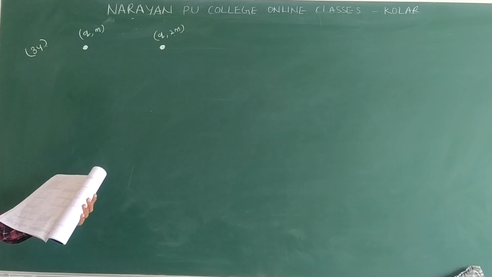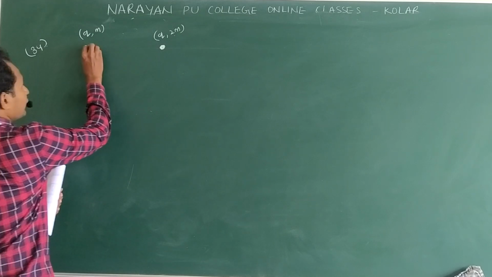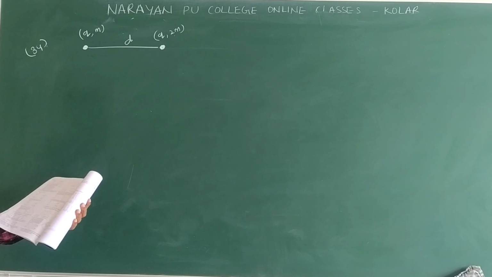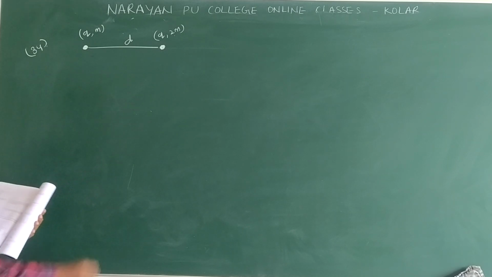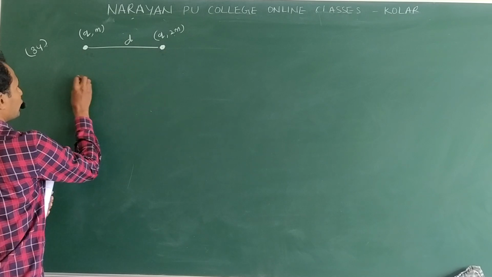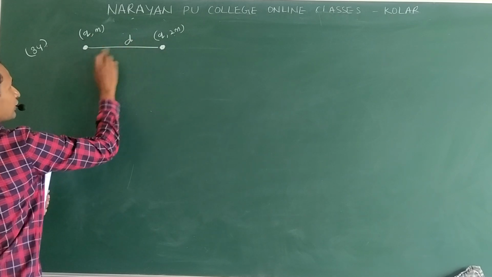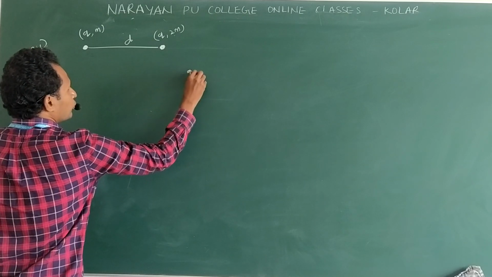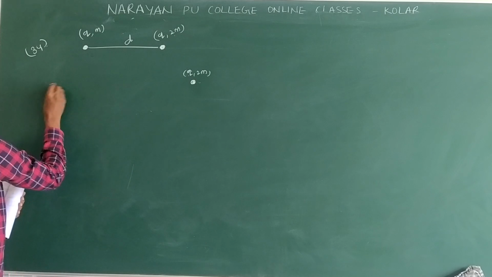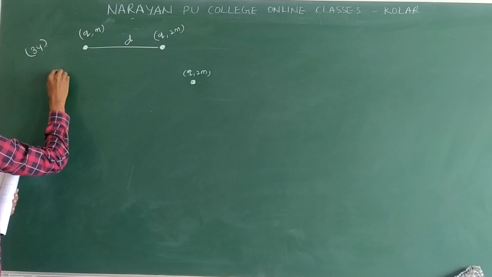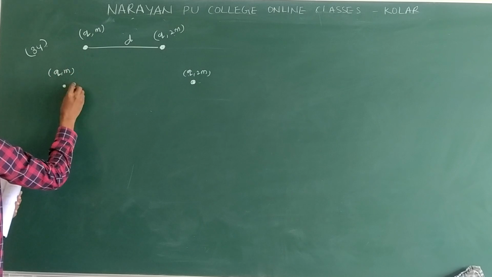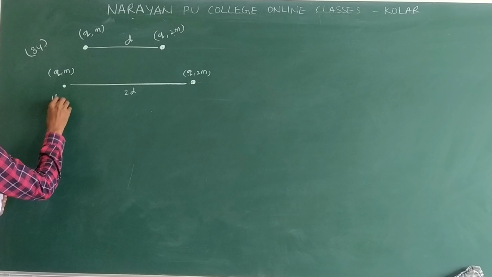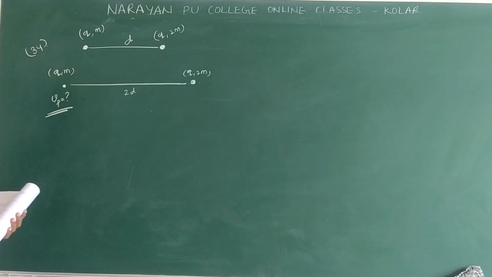Clear? Now they are separated by a distance d. And then what they are asking is the speed of the proton when separation becomes 2d. Due to repulsive forces, these two will repel, like charges repel each other, so they move away. So Q, 2m, and here it is Q, m. In this case, the separation is given as 2d. In this situation, they are asking the velocity of the proton.